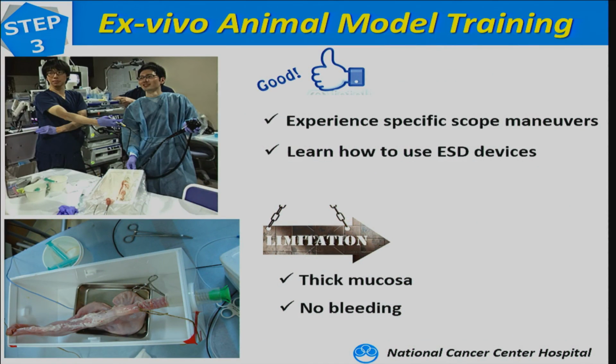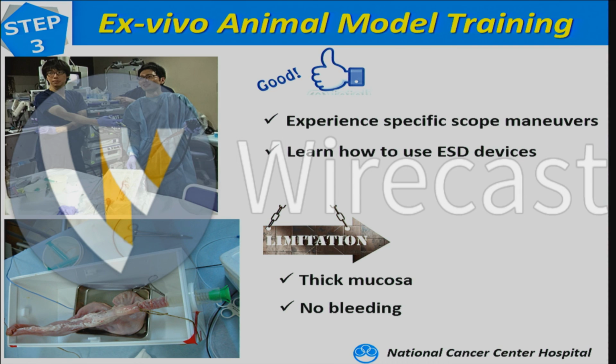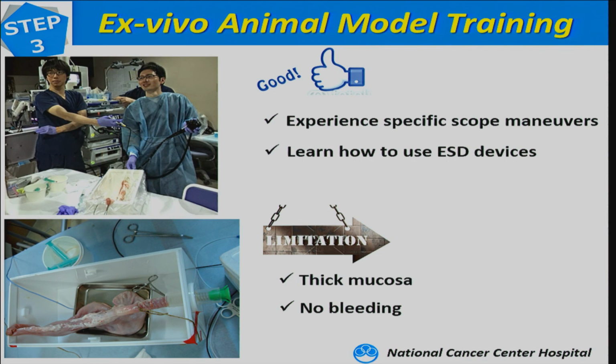And the third step is the ex vivo animal training model. We established our own porcine model, and it is very nice to experience specific scope maneuvers that are not commonly performed in general and traditional endoscopy, and learn how to use ESD devices. Although using this model, the porcine mucosa is relatively thicker than the human one, and we cannot experience bleeding, but